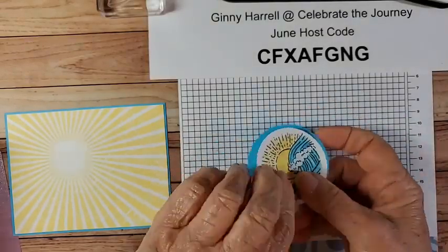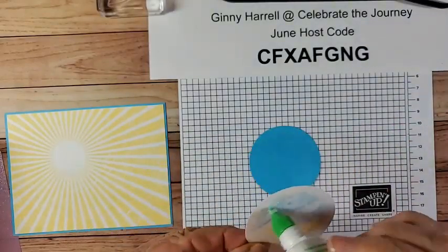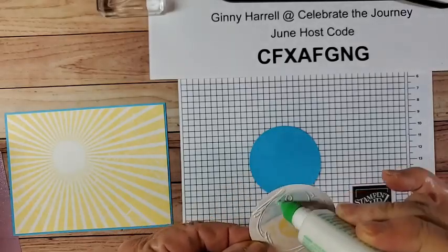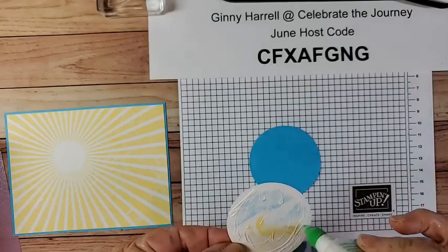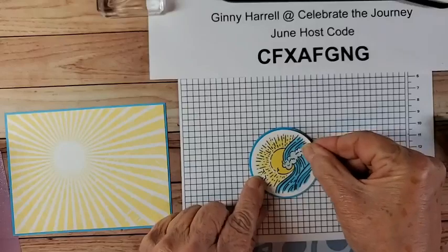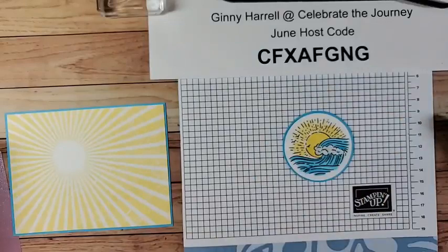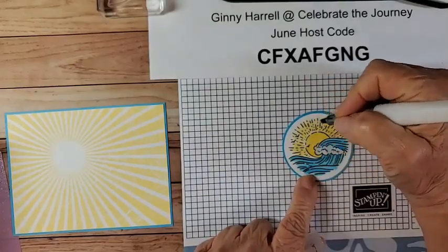Then we'll add our Wink of Stella. You want these to be very glued together real well because we're going to put the sequins for the shaker card in there. We don't want them to get caught under the edge. So we don't usually go quite that far to the edge, but tonight I am, because we don't want any gaps there. Now let's add some shine to our